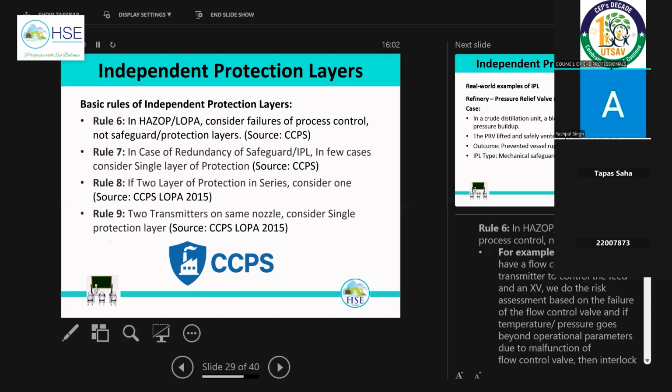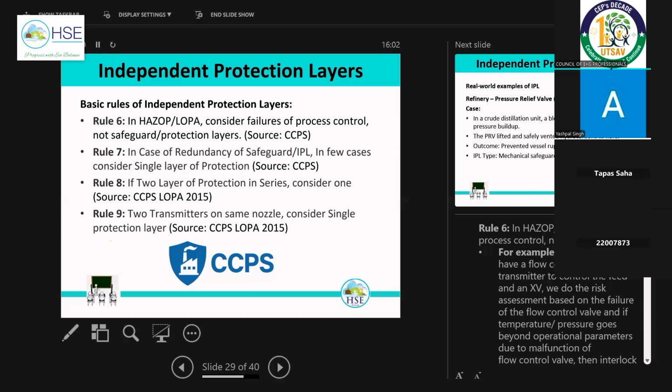Suppose we design the PSV on 2 and the rupture disc on 2, so we have to make the SOP that in case the rupture disc fails, first we have to check the PSV also for contamination before reinstalling another rupture disc. So that is the first objective. Suppose we install the rupture disc before the PSV, that is for contaminated fluids, liquid or gas. Suppose our environment is corrosive, in that case we install the rupture disc after the safety valve to protect our PSV from the corrosive environment.